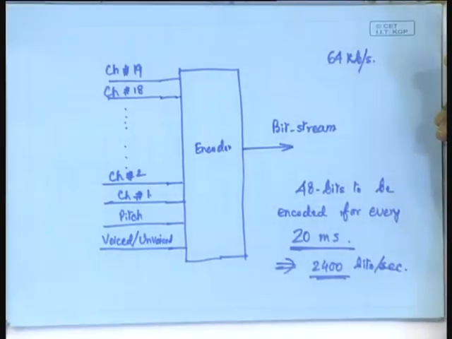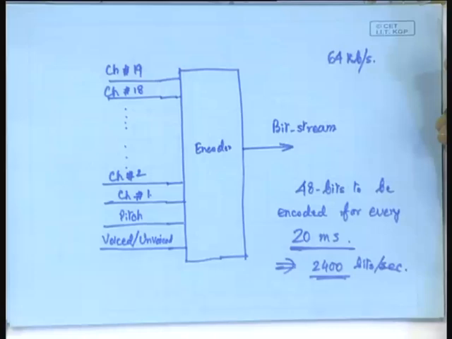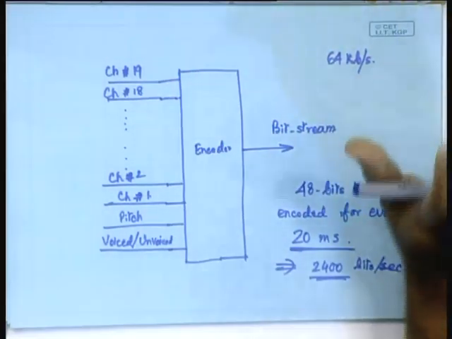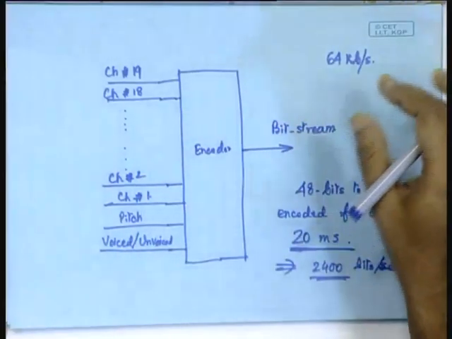And again the reason for 20 milliseconds I think should be clear from my earlier lecture, where I had mentioned that speech signal is essentially quasi stationary, and that quasi stationary behavior is assumed for a time between 20 milliseconds to 30 milliseconds. That is something quite typical. So, in a 20 millisecond interval you can say that all these parameters that we are extracting may be held constant during this 20 milliseconds of time.